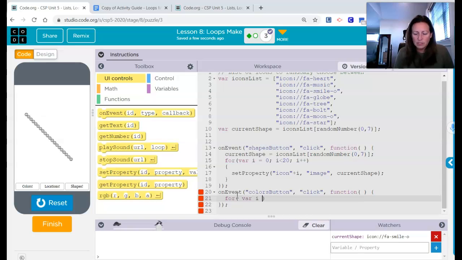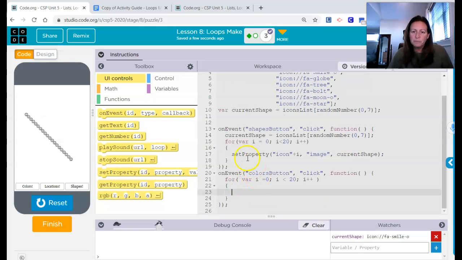And we're going to use var i gets 0. Once again, we know there are 20 icons, so we're going to say i is less than 20 and increment i by a value of 1 using i++ for the for loop. And then this time, for each icon, we're going to set the property,